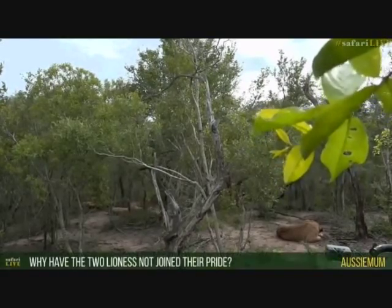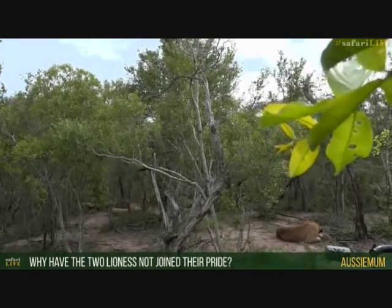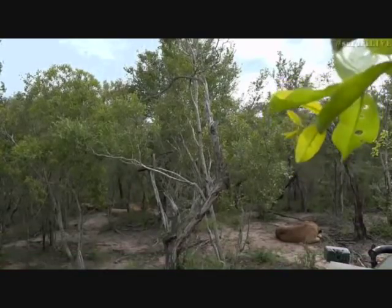And Aussie Mum, there you go. You wanted to know why they haven't joined the rest of the pride. I don't know. It could be that they're coming into estrus again. The last time I saw... Amber Eyes can't be pregnant because I saw her mating...